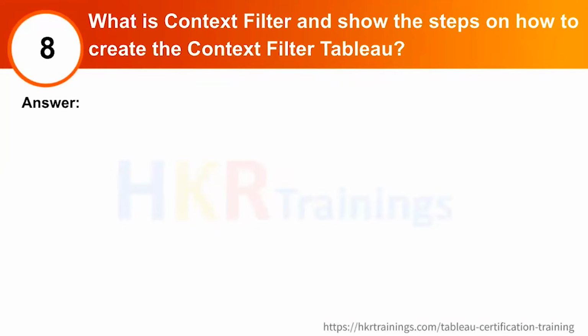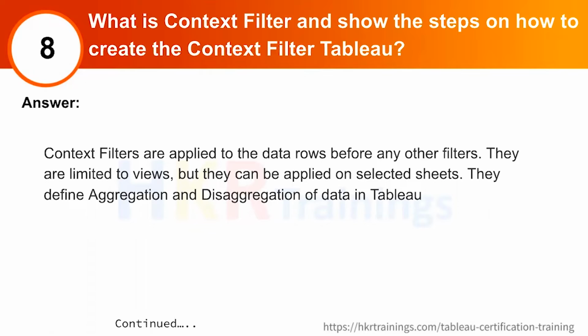Okay, this is really a very good topic, and it is a frequently asked question. What is a context filter, and what are the steps to create a context filter in Tableau? Suppose you have data, I will take the same example, category and subcategory level, and you just want to restrict the data to the category furniture. Suppose you don't want to see other data. What a context filter will do is create a temporary table in the backend. And after the creation of the temporary table in the backend, the next filters will work accordingly.